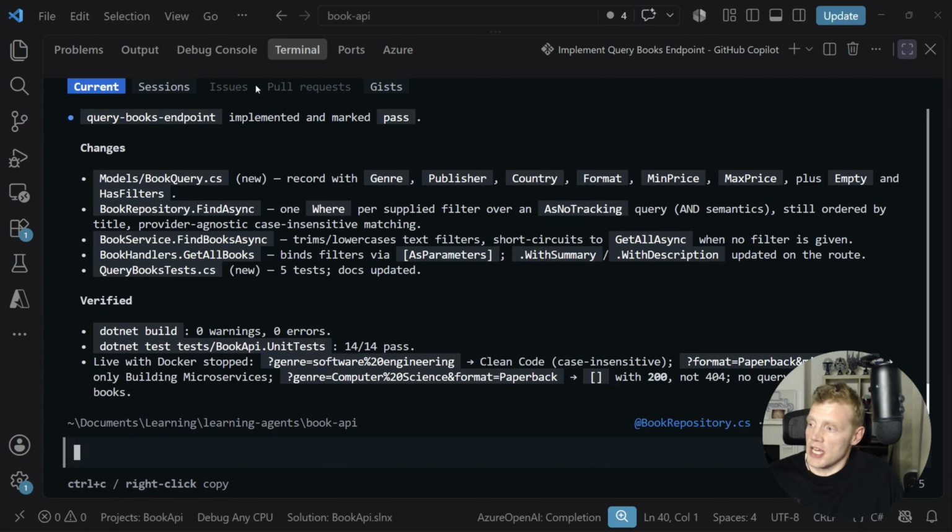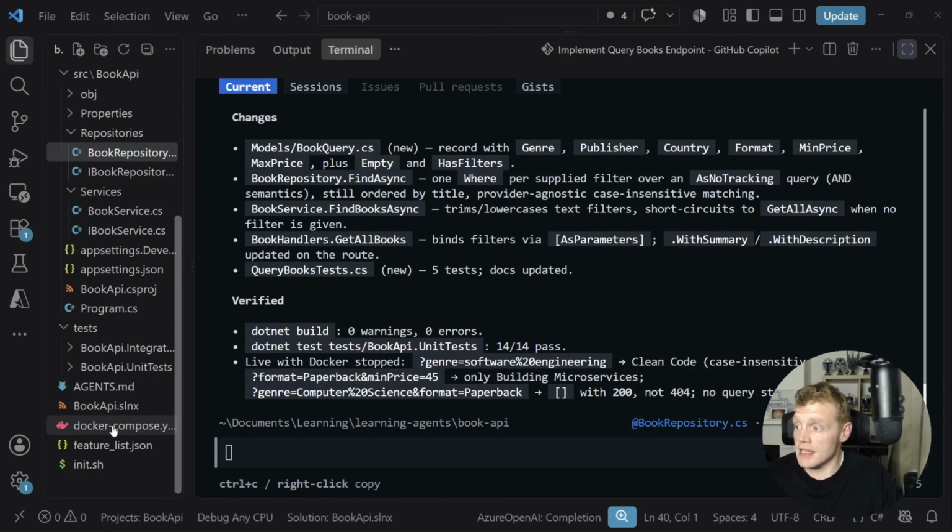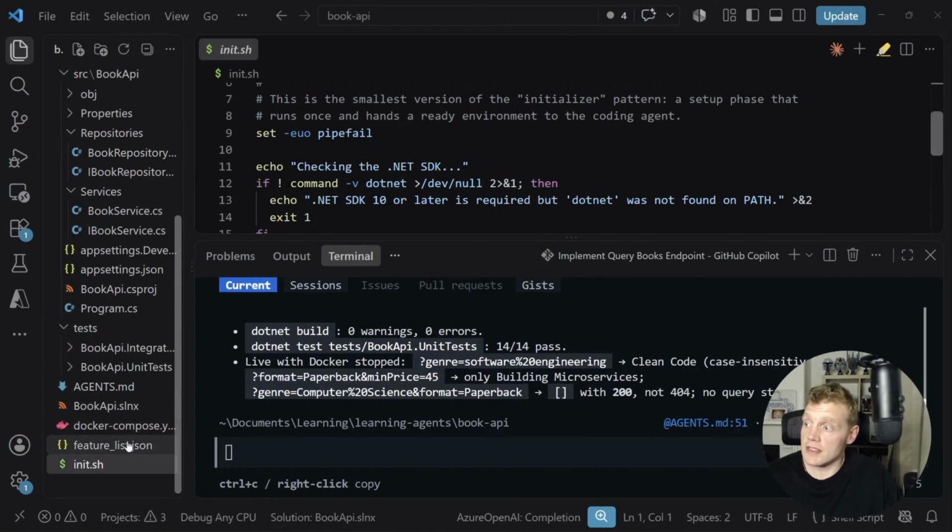So we can see the changes there, and we can also see the verifications that it's run in accordance with our agents.md file. And that's our harness at work. So that's not coming from a better performing model. I'm using Claude Opus 5, which is a pretty powerful model, but none of that is derived from the model itself. That is derived from our agents.md file, as well as our init script to start an environment or initialize